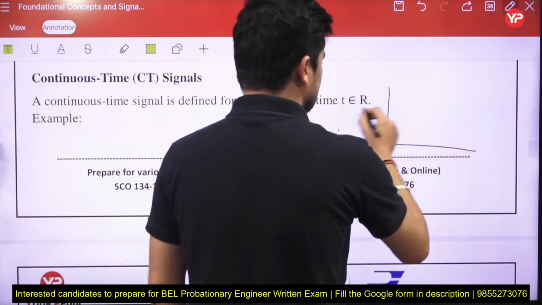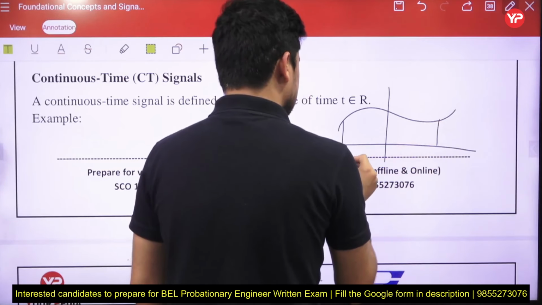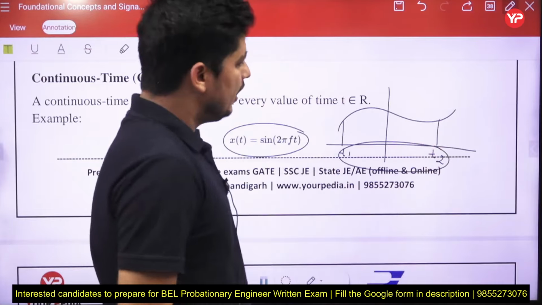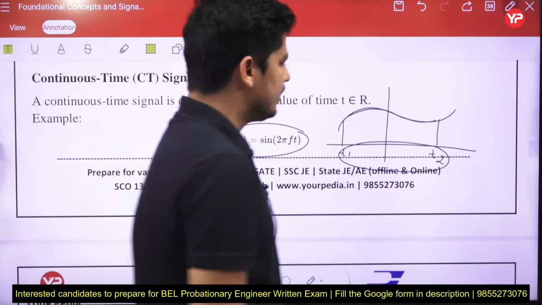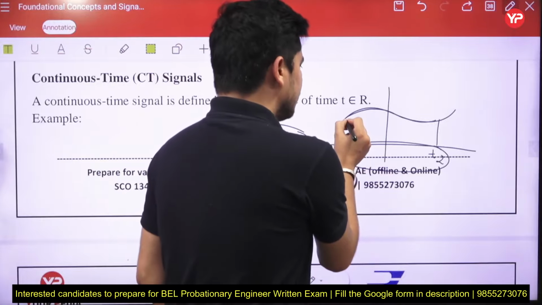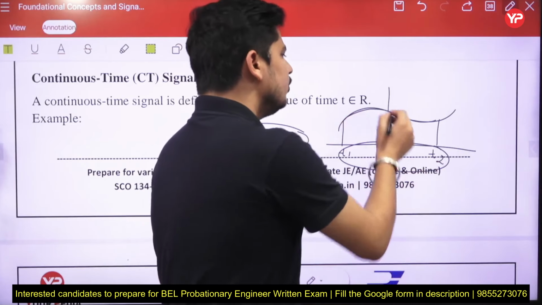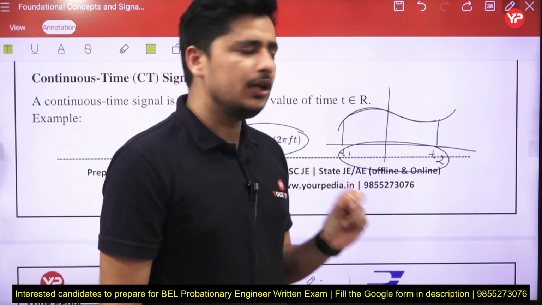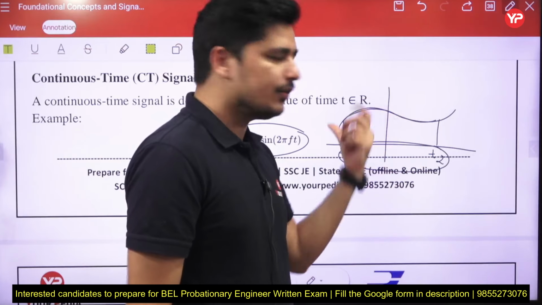Why is it a continuous time signal? Let us take a signal defined from T1 to T2. This is called its domain. In its domain, it is taking a value at every instant of time. After t1, if you move 0.01 distance towards the right, it will take a value there. So a continuous time signal takes a value in its domain at every instant of time. That is called a continuous time signal.